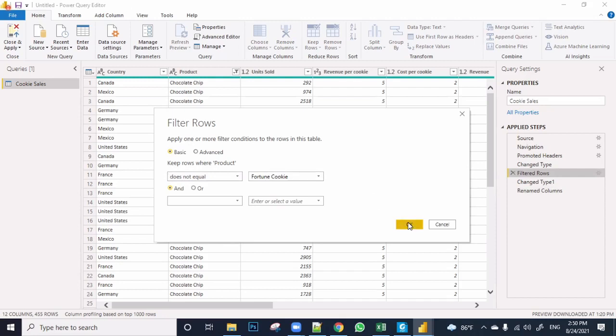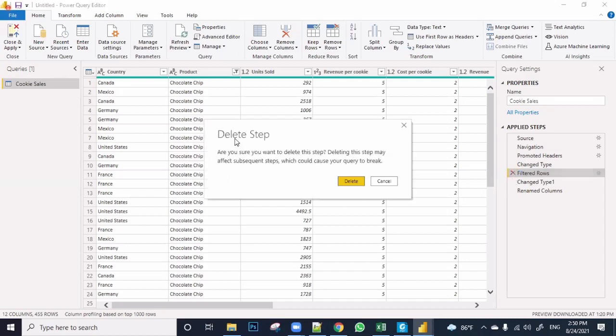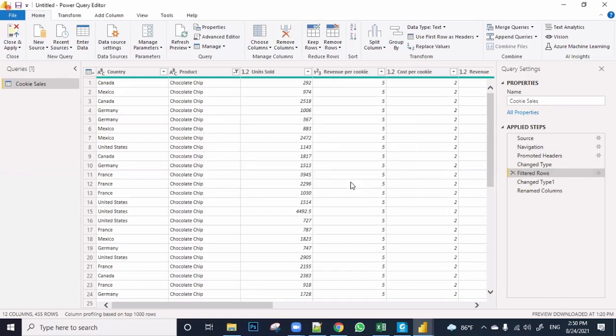So what we have done is we have removed fortune cookies. Now we are going to remove that step. You can see the cross mark here. If you click on that cross mark, it asks, do you want to delete that step? Just delete it. Now you can see from the applied steps that